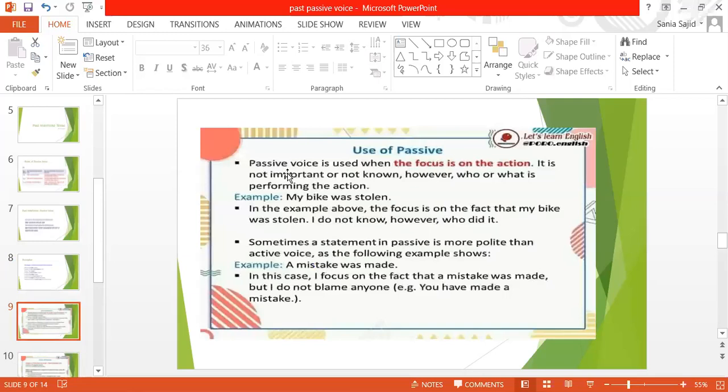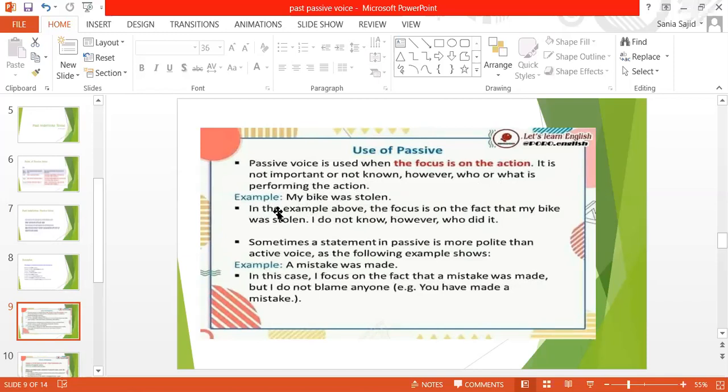Use of passive. Passive voice is used when the focus is on the action, not on the subject who is doing it, and what is performing the action. The focus is on the action, not on the subject. It is not important or not known who or what is performing the action. Example,